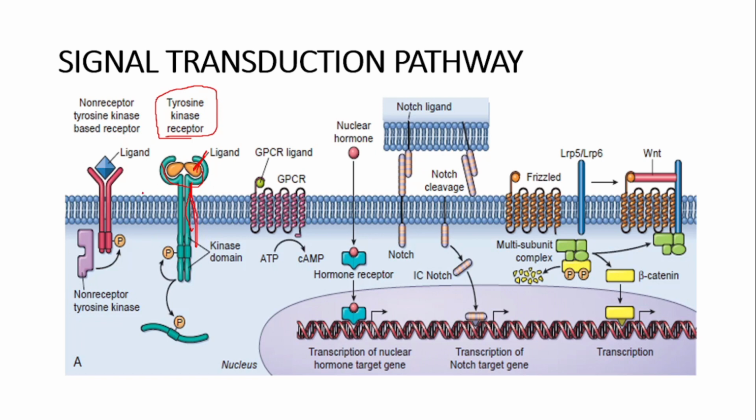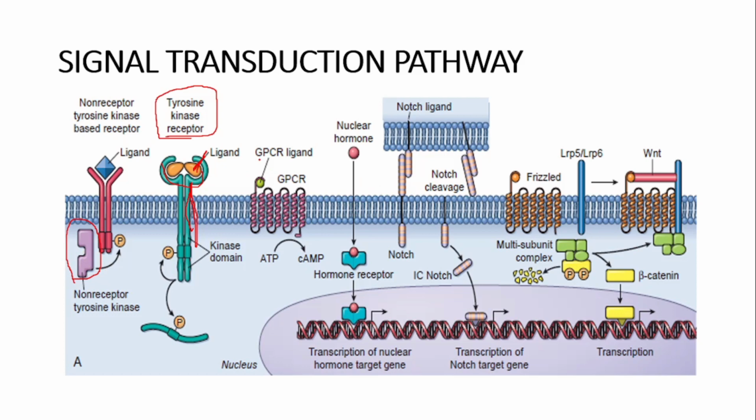Okay, and the other one is non-receptor tyrosine kinase. So this one is a non-receptor tyrosine kinase receptor. This non-receptor tyrosine kinase is not an integral membrane protein, as it is seen in the image that it does not pass through any membrane. It is present within the cytoplasm. It does not have any extracellular ligand binding domain also. This phosphorylates the tyrosine residues within the cell. Okay,